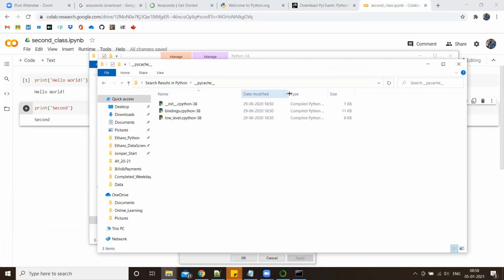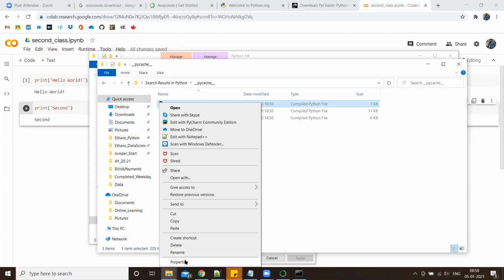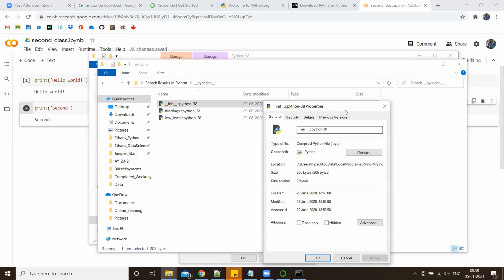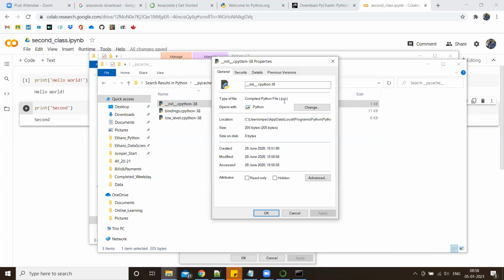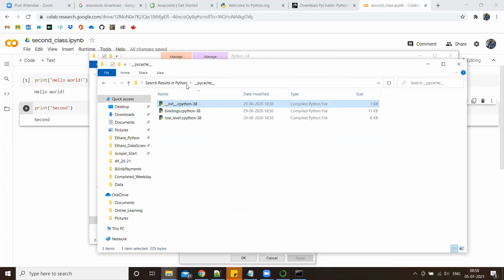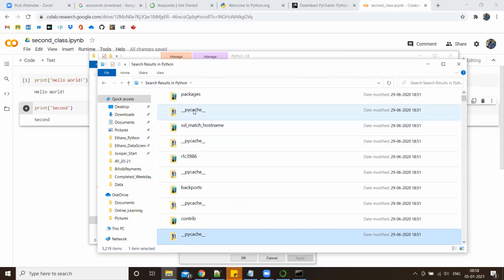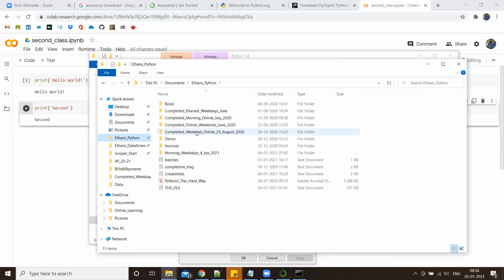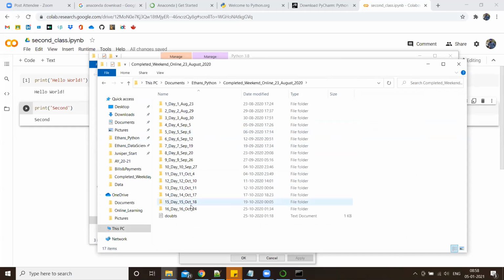You see, the extension of this file will be pyc. So all these files are available in which location? Pycache. So every project will have its own pycache. For example, if I go to any of my old